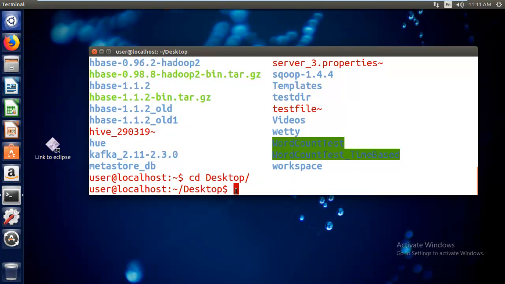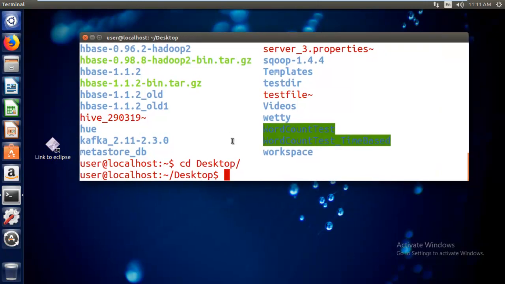Now how to create a directory? For that just say mkdir. This mkdir is a command which is used to create a directory, nothing but make directory. Mention your directory name after mkdir and a space.